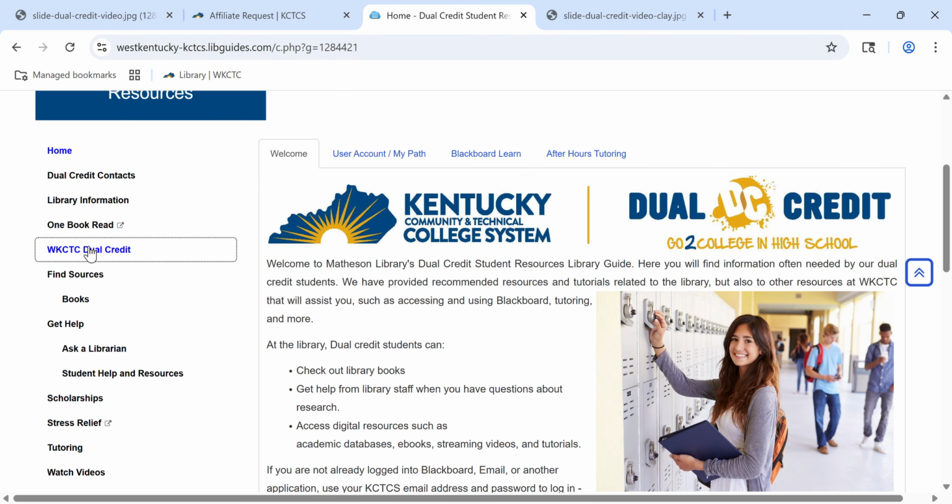But they do include information on things that almost all of the dual credit students are involved in and things that they need, such as scholarships, including the community scholarship, the dual credit general page for the KCTCS system, our one book read information for our English students who all read this book, tutoring, that is one of the biggest things that are needed by students, including online tutoring called